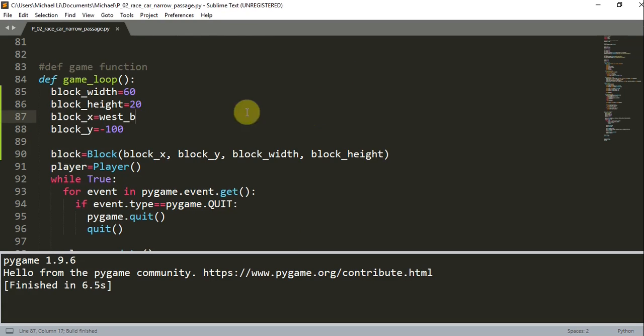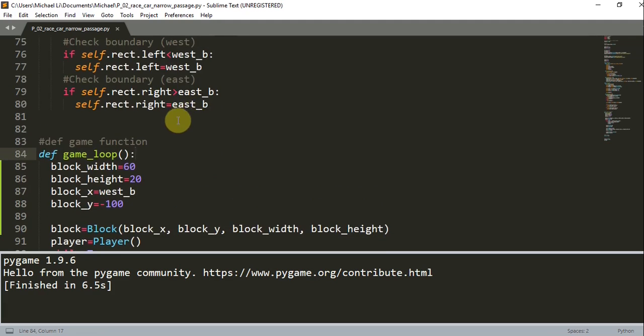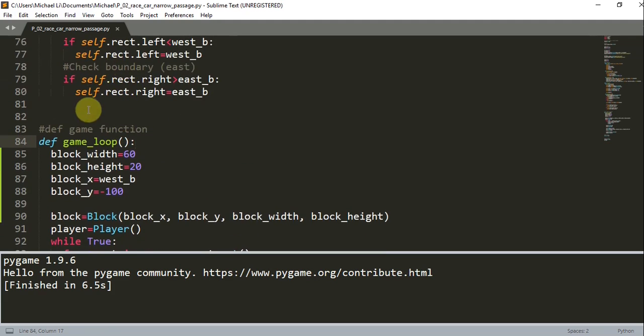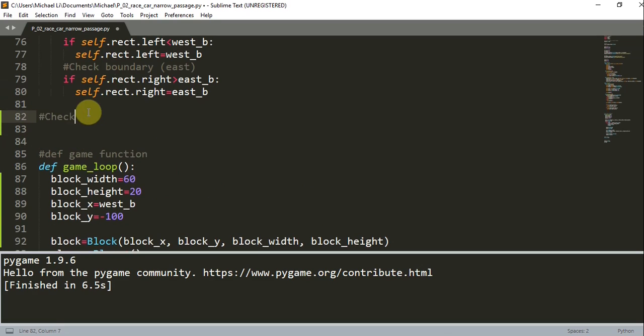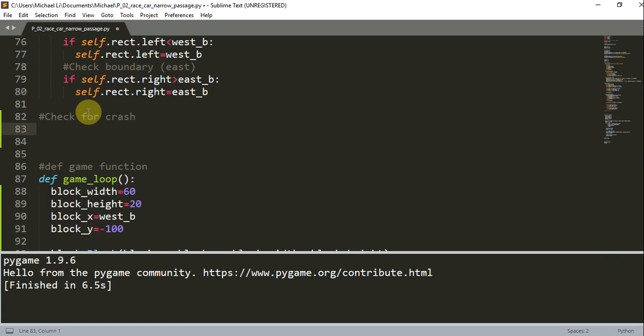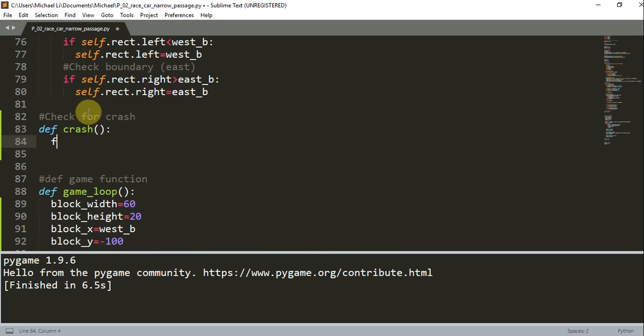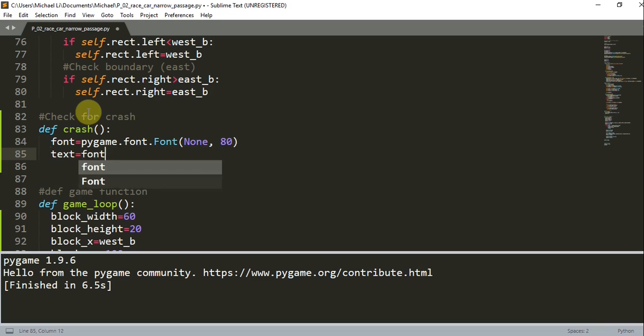And now we want to check for collision, and checking for crashing. So let's create a function above our game loop that will check for a crash, between the car and the block. So we want to define another function, def crash. Font is equal to pygame.font. And why we have a font is because we're going to display some text that says you crashed, right? So the font is going to be None, and the size is 80. The text is going to be equal to font.render, and we're going to just say you crashed, or any other message that you want. So True,